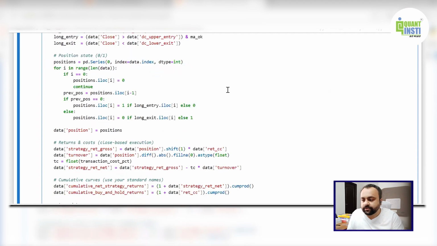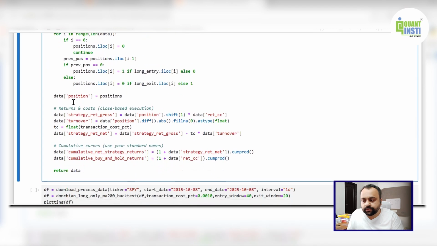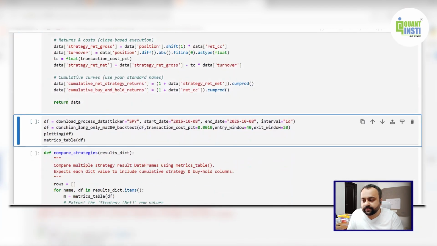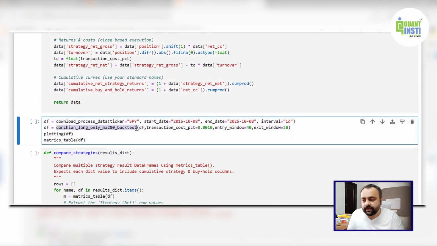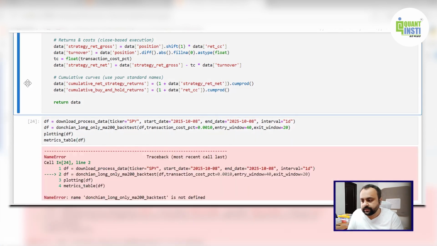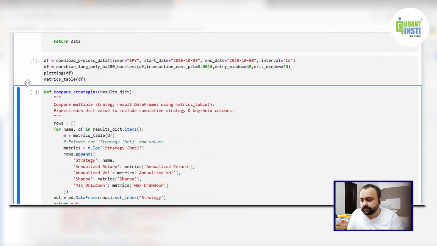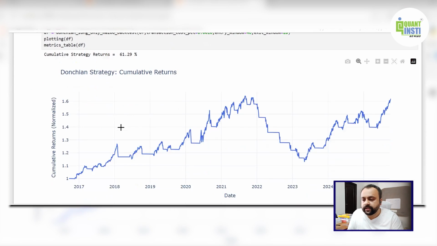Perfect. So this is our backtest as usual, and not getting too deep into it, let's run all these functions together. And this time we have the 200 SMA backtest function. So while running this together, I'll get some of the stuff. First, we just run this. Okay. Here, I get